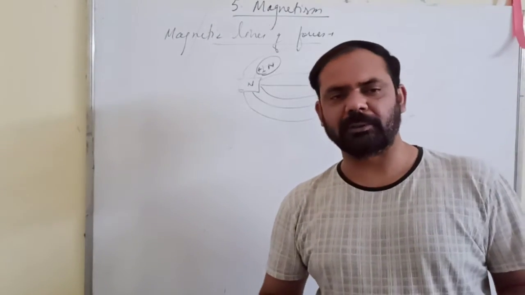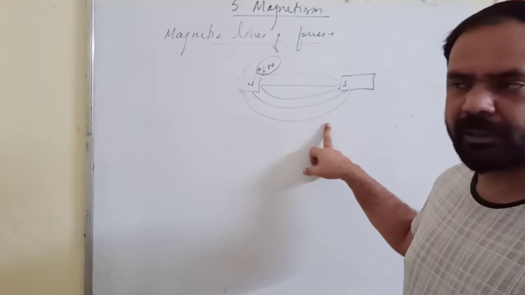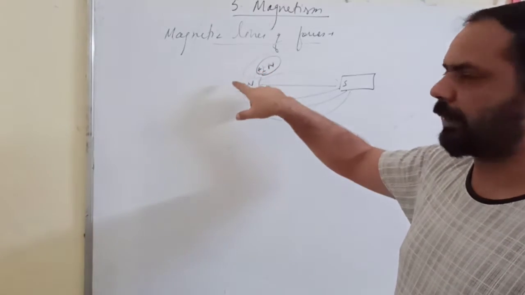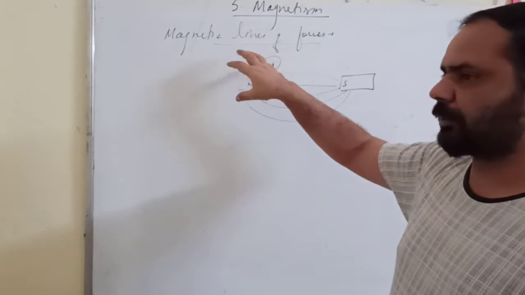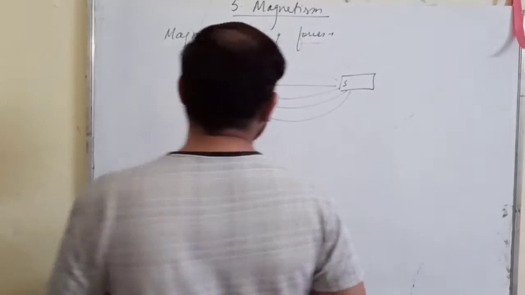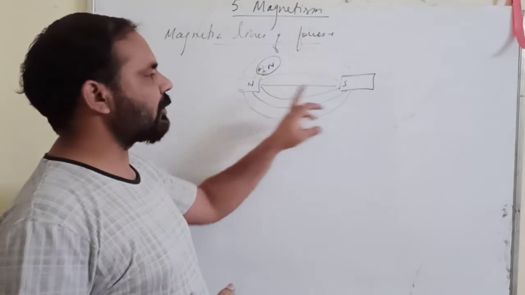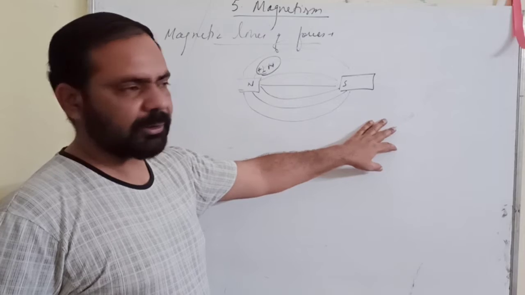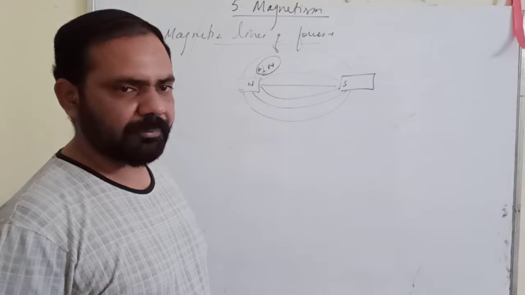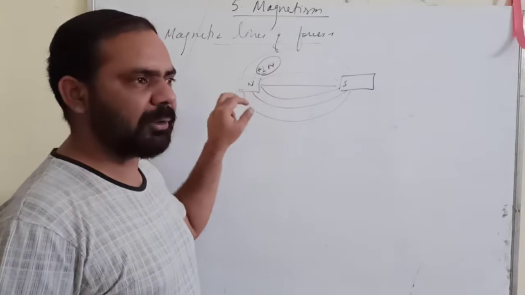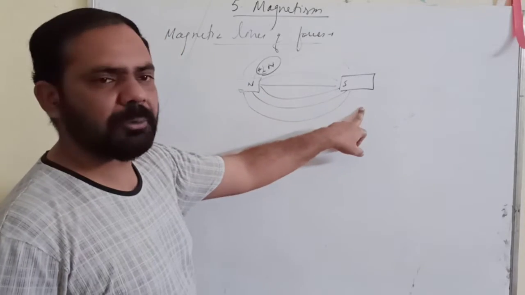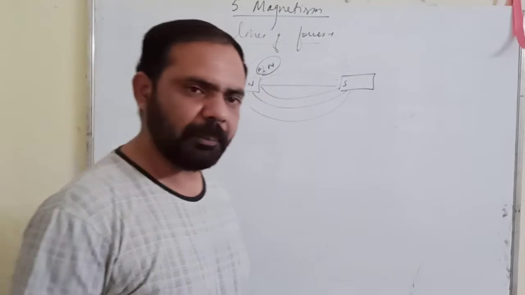Just like your electric lines of forces, when a unit positive charge is allowed to move freely in the region, then it will always move towards a negative charge, and the various paths it can follow are called the electric lines of forces. So similarly, if a unit north pole is made free to move from here, then it will reach the south pole and can follow various different paths.